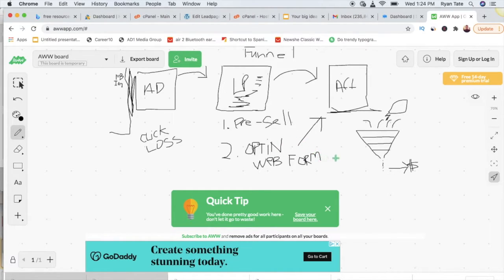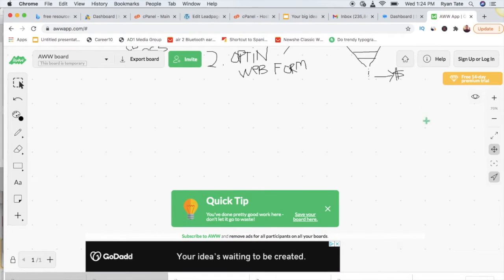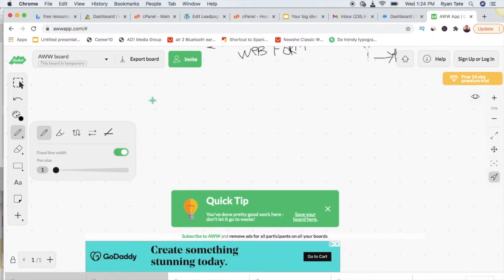So let's just say that on your web form, you ask them if they were a man or a woman, right? You could set something up, and I don't want to go too advanced, but let me show you guys this. This is called a decision tree.